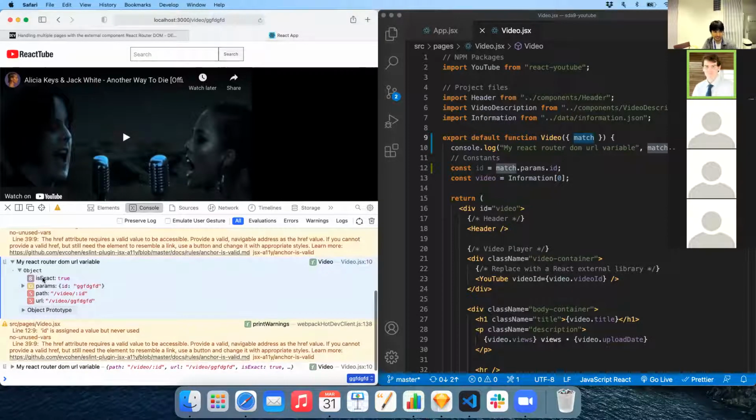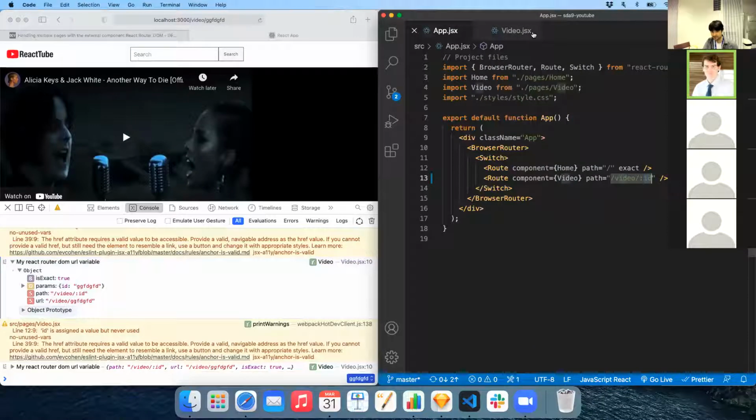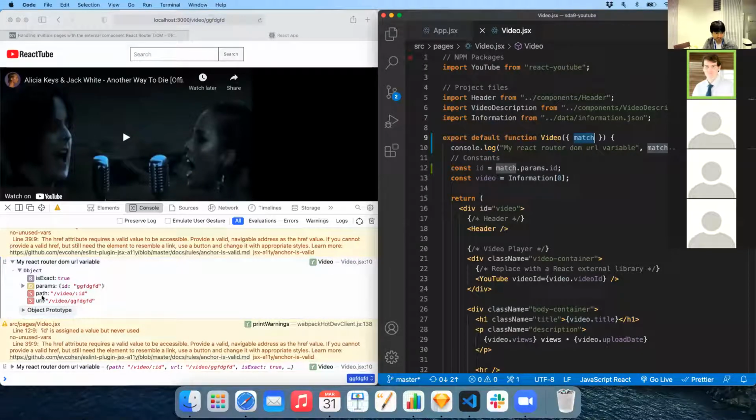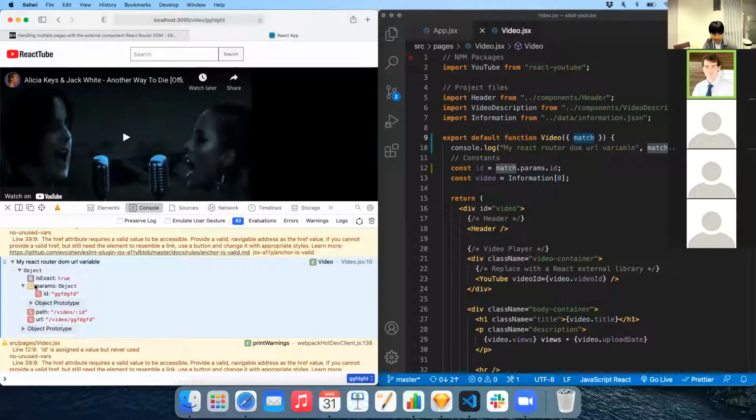And this object is exact if we came from a match from the slash video, and we can see that the path is video ID. Remember, this is the path. So you can see the whole URL, video slash GGG, and then you can see the params is an object inside an object, and inside this object we have the key ID, and this is the thing that we want. So that's why we say